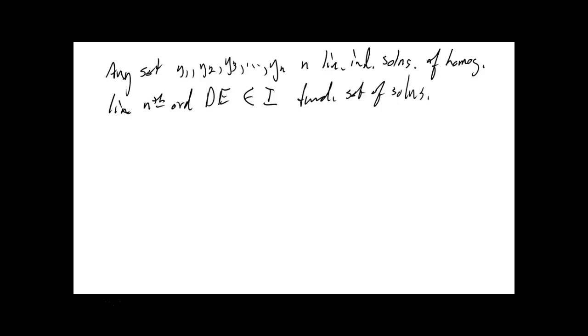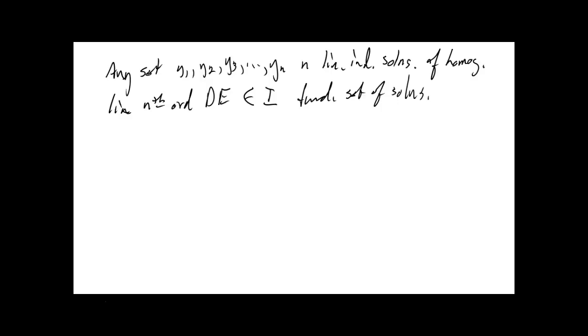All right, you have a linear, nth order differential equation. You come up with n solutions. But these n solutions have to be linearly independent of one another. And by the way, this is also a homogeneous linear nth order differential equation on some interval I. If you come up with n solutions that are linearly independent, then you know that's a fundamental set of